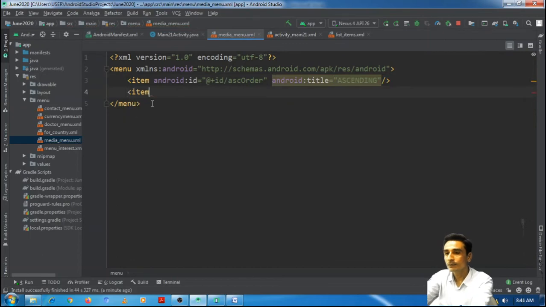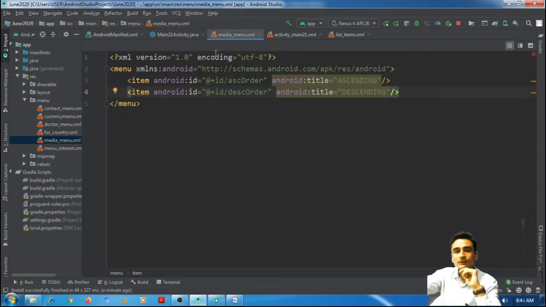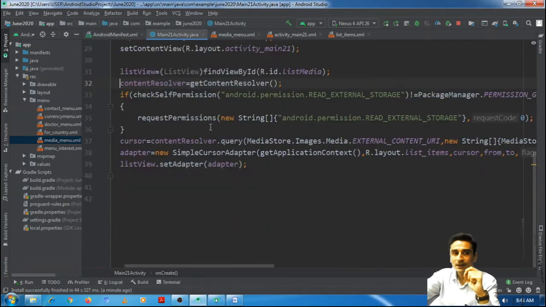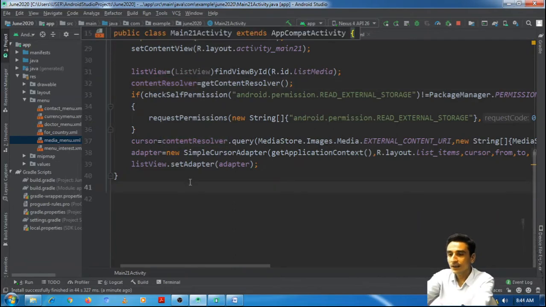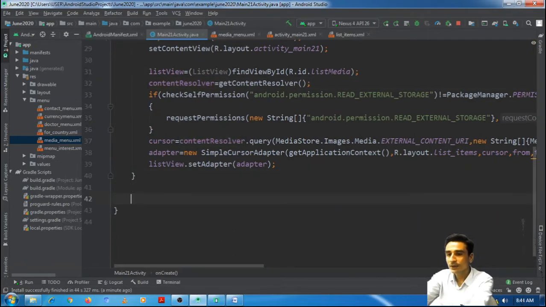Then another item, with ID DESC order, and title descending, okay, fine. Now this menu should be displayed when the client clicks the menu button on the activity.